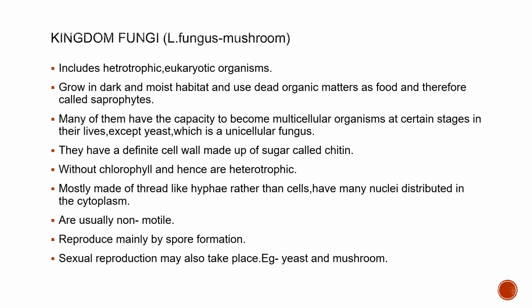Now moving to the third type of classification, that is kingdom fungi. What does this term fungus mean? This term fungus means mushroom. Now what are the characteristics of this group? They are heterotrophic, eukaryotic organisms. They grow mostly in dark and moist habitats. When it is dry and sunny, these fungi don't grow. They grow in dark and moist habitats, and they use dead organic matter as food, and therefore they are